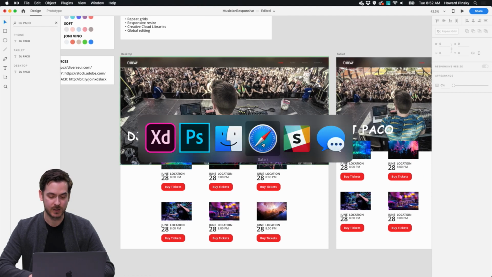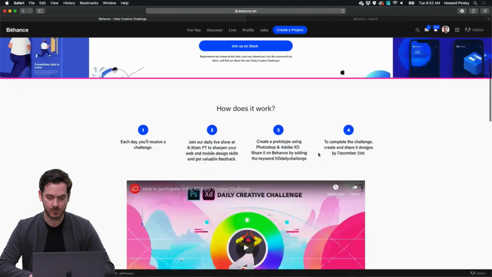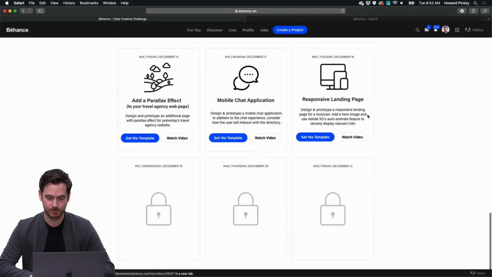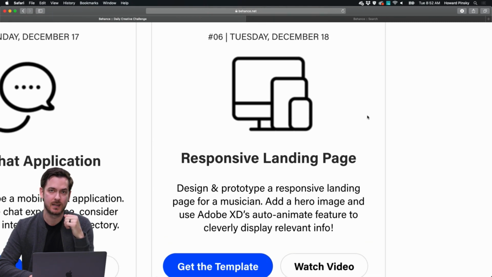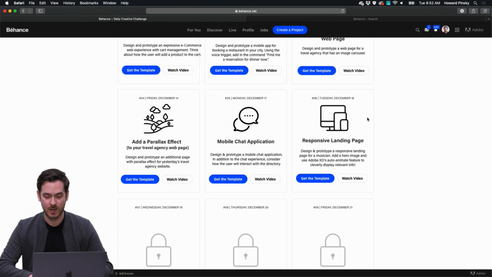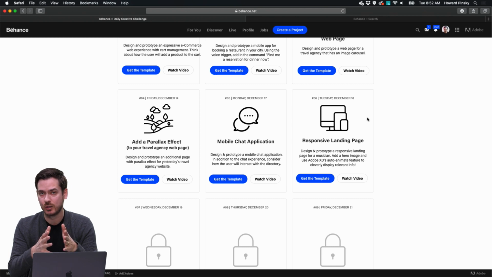Again, your challenge, if I go over to Behance, is to create a responsive landing page for a local musician, using responsive resize in Adobe XD, repeat grids, global edits, and even if you don't have Photoshop, you can definitely still open up that PSD file directly in Adobe XD. You don't have to worry about going back to Photoshop. But if you do want something a little bit more, then you have that flexibility of using the Creative Cloud libraries to make those changes. So I hope this all inspires you to create